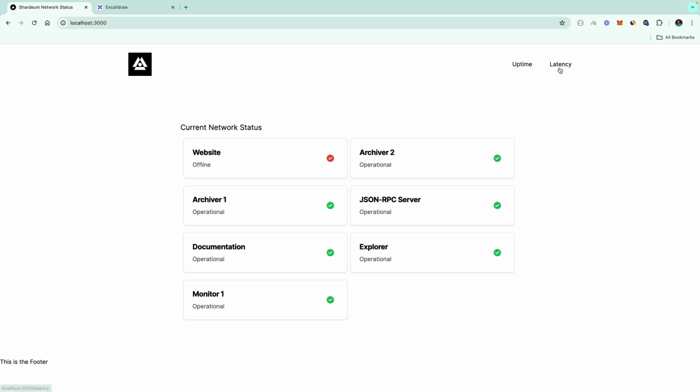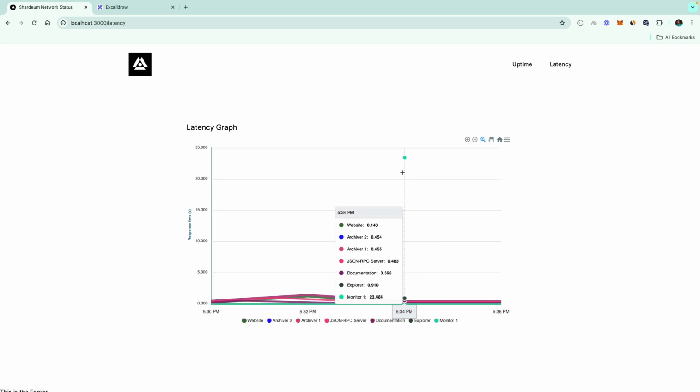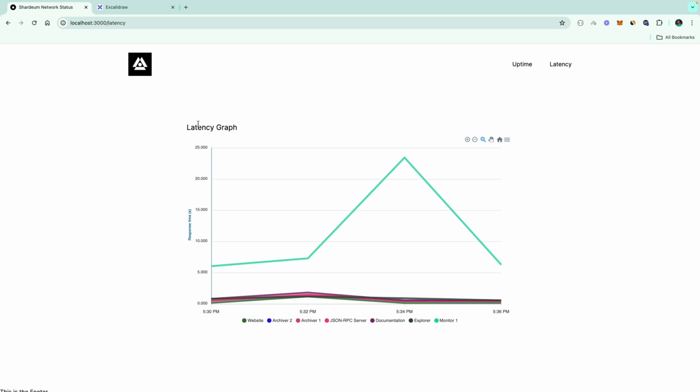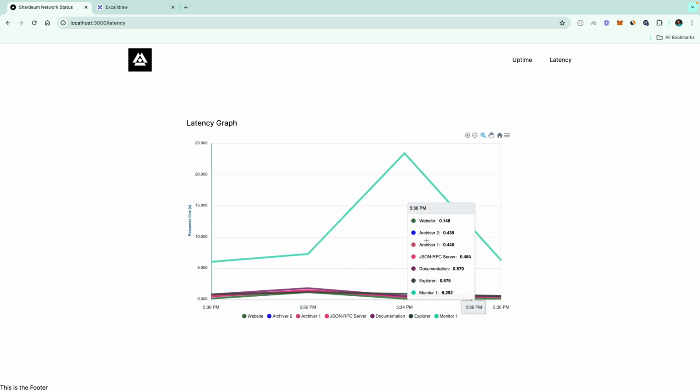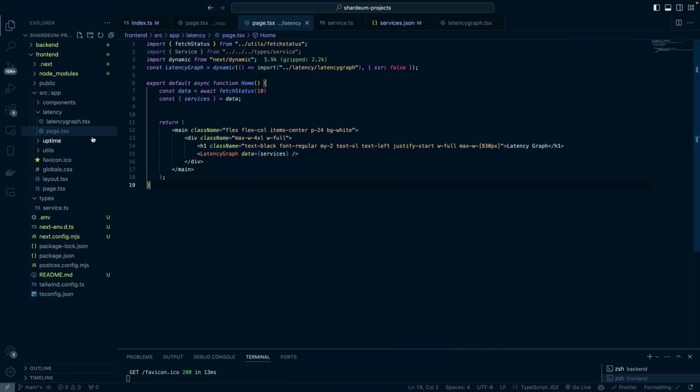So what we're going to do today is what I spoke about just a few minutes before. I'm going to separate this latency graph into multiple graphs, and after that we can try to implement the footer for this site. So let's start with the latency. Right here we have the latency page that is currently showing the services that we pass into it. The services is coming from our fetch status, that is fetching the data for all the different services